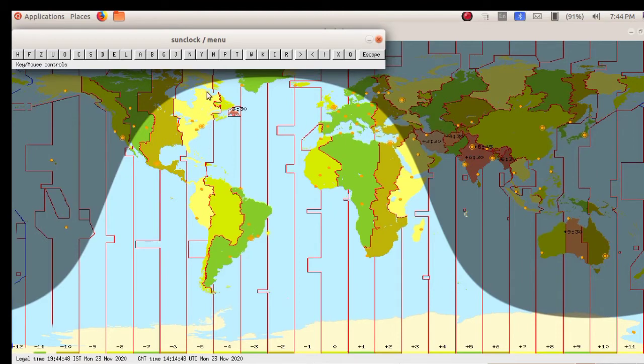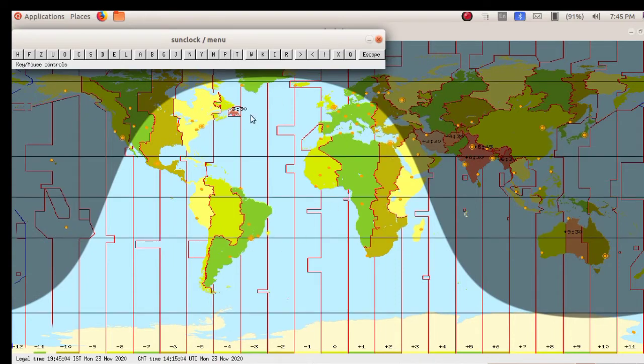To display the longitudes we can make use of the M tool, toggle meridian, and to display the latitudes we can click on the T, that is toggle tropic tool. See, now the main latitudes are displayed in the time zone map.